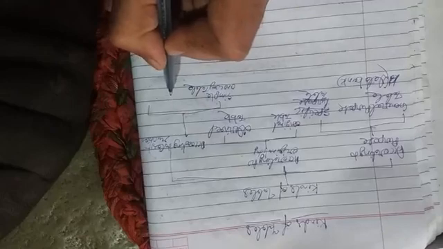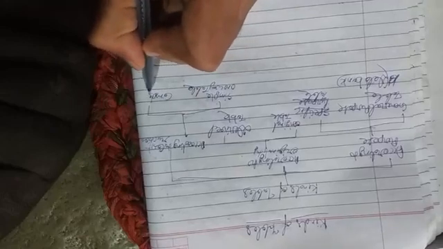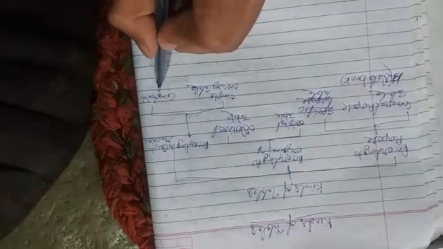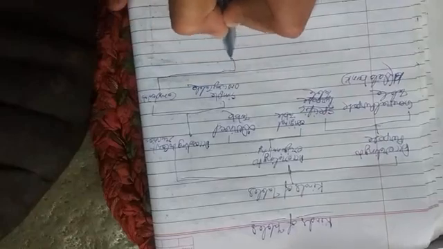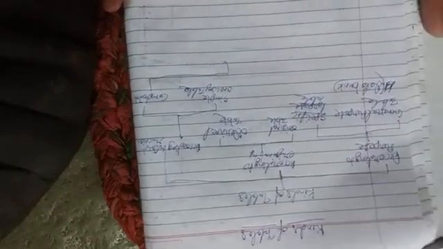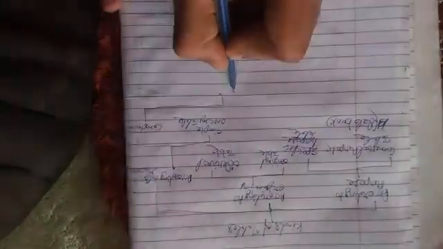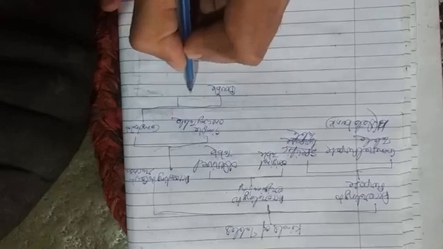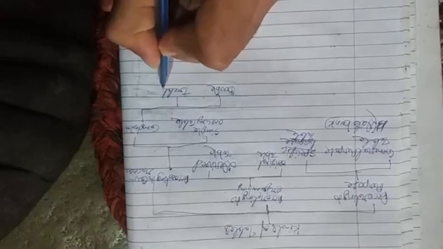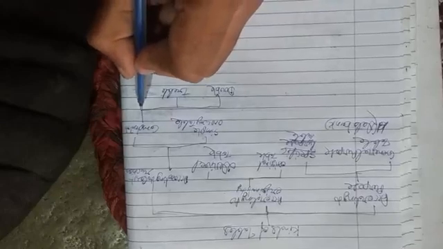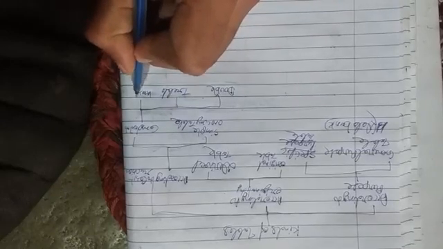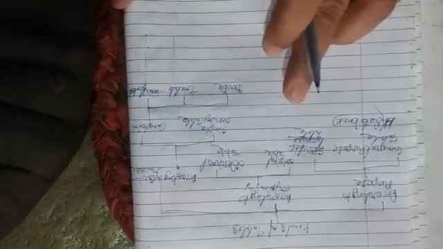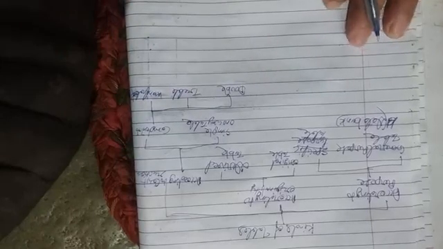The other division is complex table. Now complex table, it can be divided further into different parts. These are double table, treble table, and the manifold table. Now it is very much clear by the name itself.